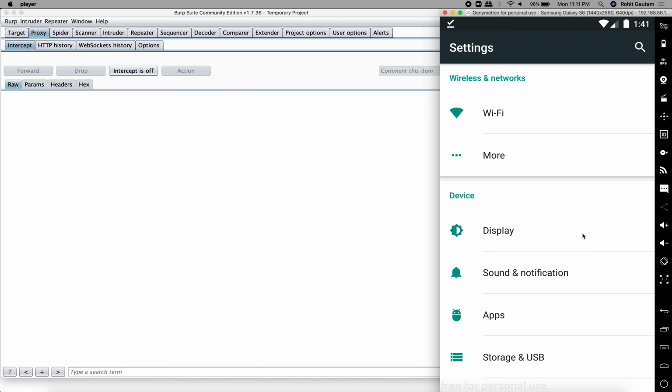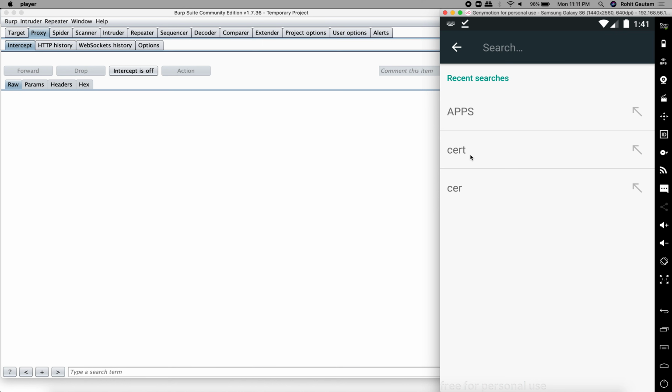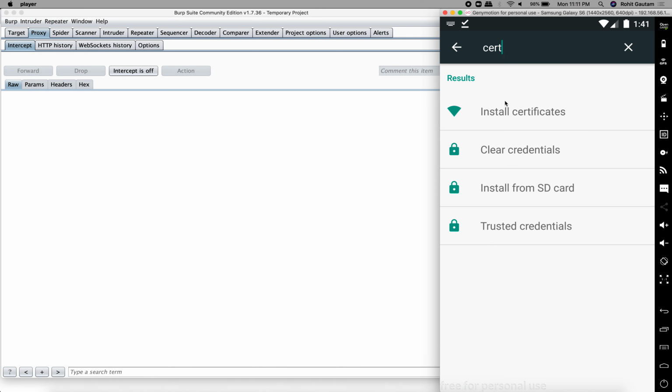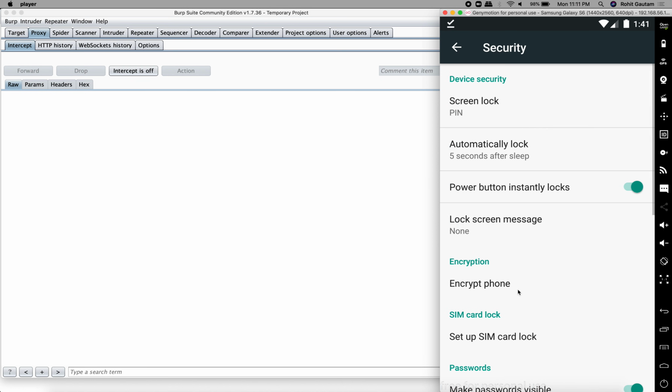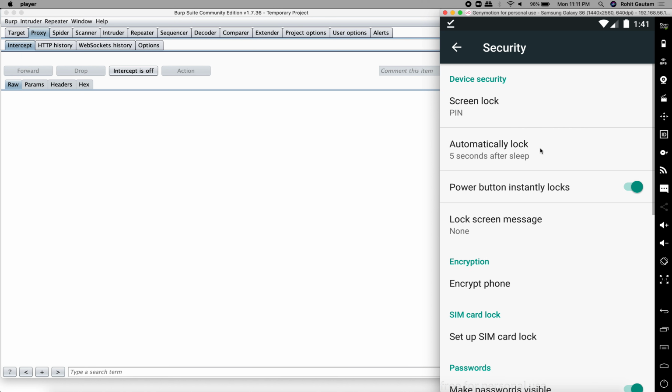For installing the certificate, you can just go back to your settings and search for cert, CERT. And you will be able to see an option which is install from SD card. So I'm going to click on that. Whenever you need to install a certificate, guys, your Android operating system will force you to put a screen lock. For those who must be wondering why I have put a screen lock into my virtual operating system, this Android device, you have to do it compulsorily. Your device asks for it. So you need to set up a screen lock, a pin lock.